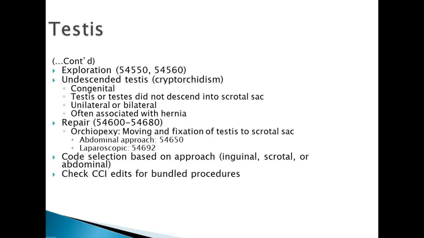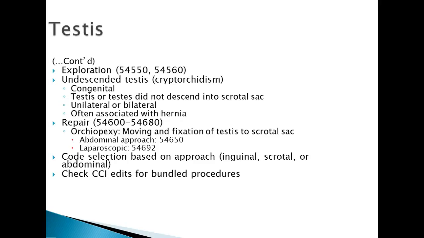Undescended testes, also known as cryptorchidism, is a congenital condition in which the testes did not descend into the scrotal sac. The condition may be unilateral or bilateral. The testes may remain in the abdominal, inguinal, or prepubic areas, or may also move back and forth between the areas. Often, undescended testes is associated with a hernia, and if this was the case during the